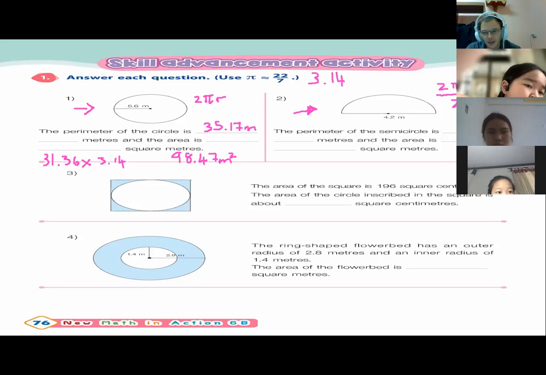3.14 multiply with 2.1. Divide everything by 2. So what you can do beforehand is you can already take away the 2 in front and the 2 at the bottom and just multiply 3.14 multiplied by 2.1 to get the perimeter of the semicircle. So you can calculate that by 3.14 multiply